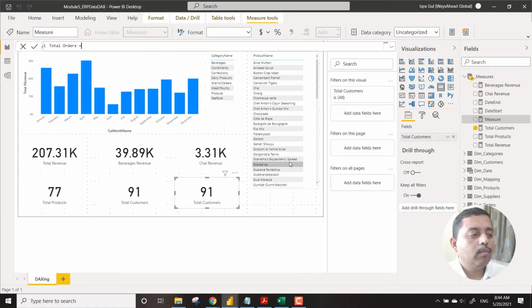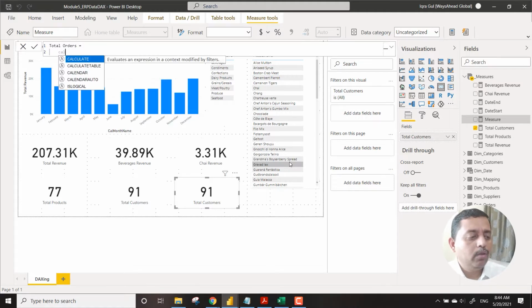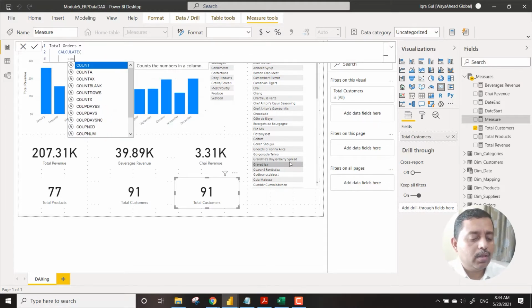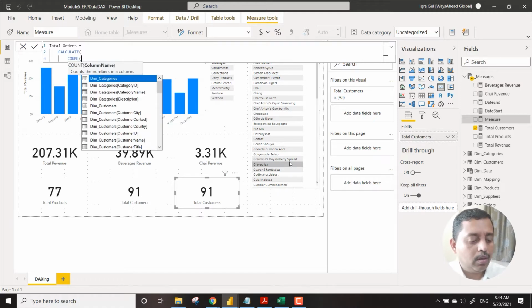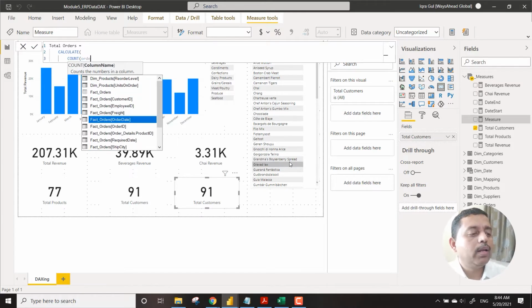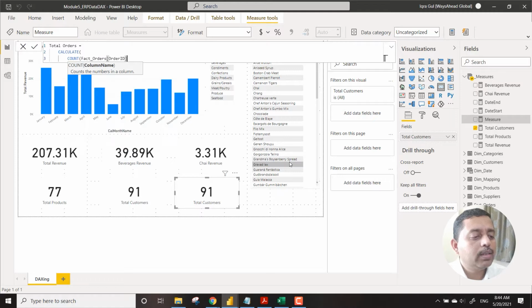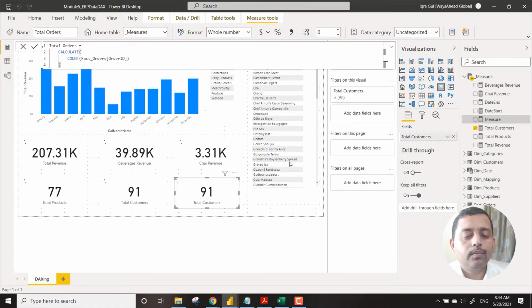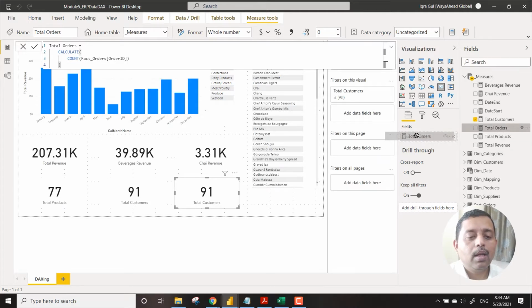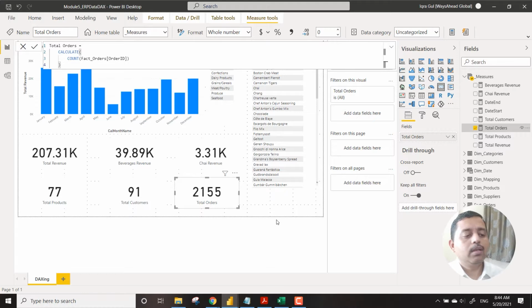So we might or might not be using all of them during this particular course, but at least you will get to understand how these components work. So you can see total orders, total customers. So now you are going towards making up that story part, what we are referring to.